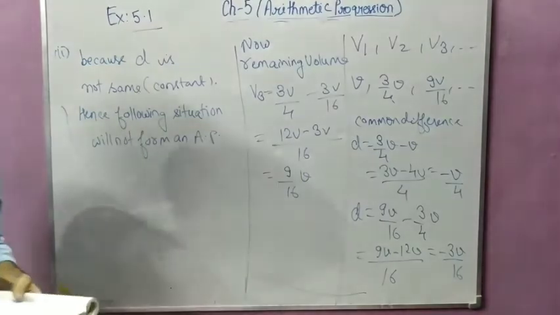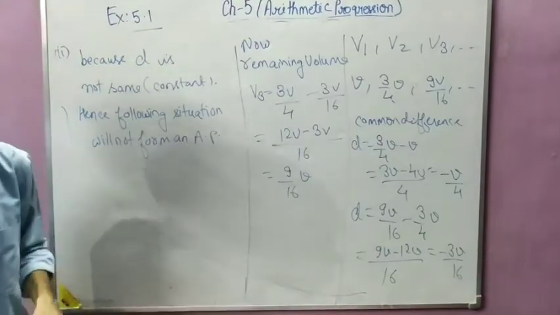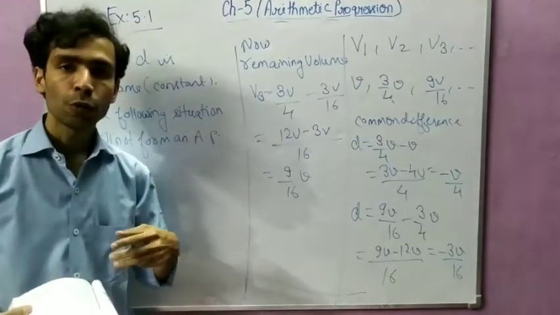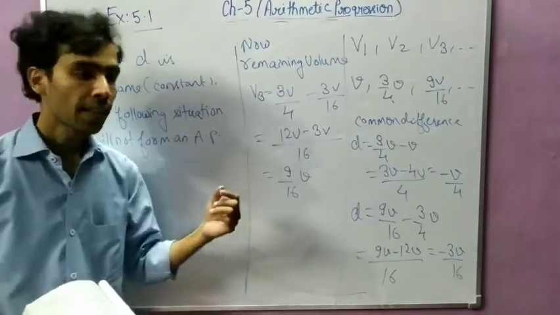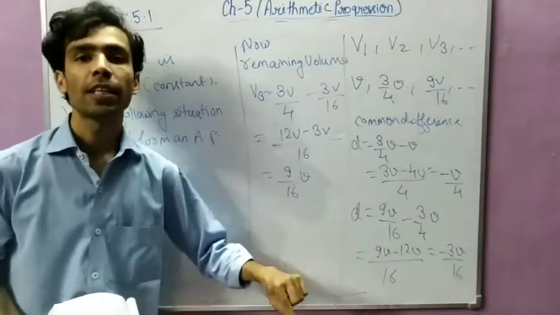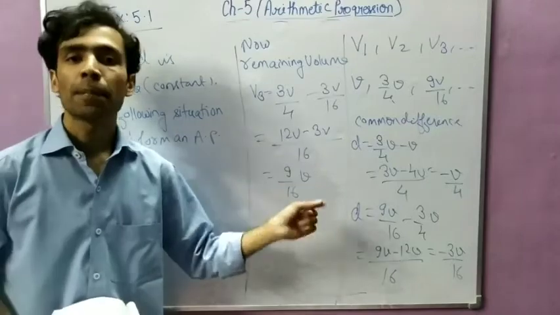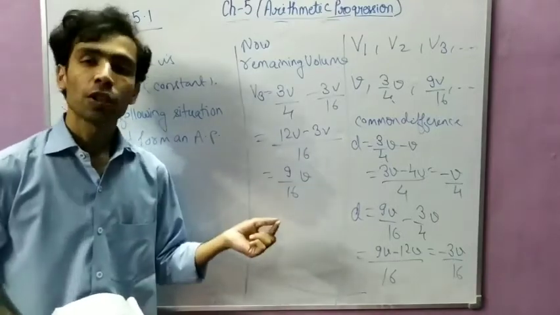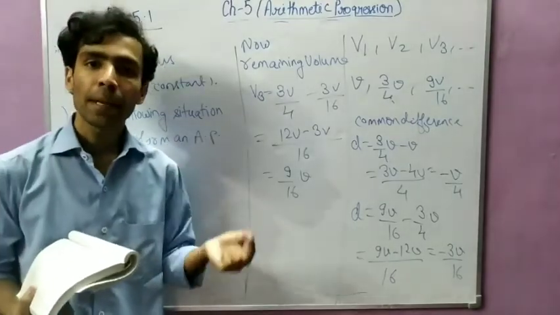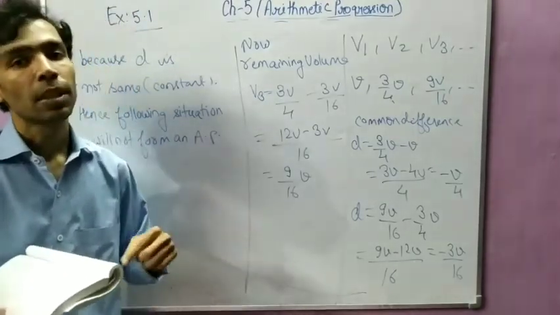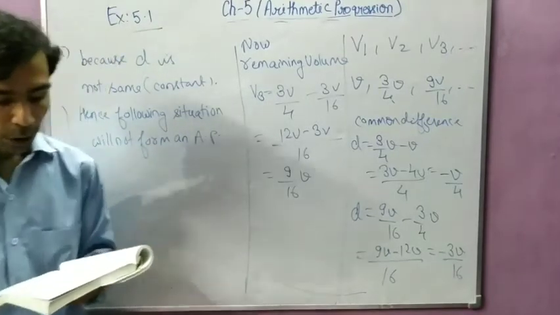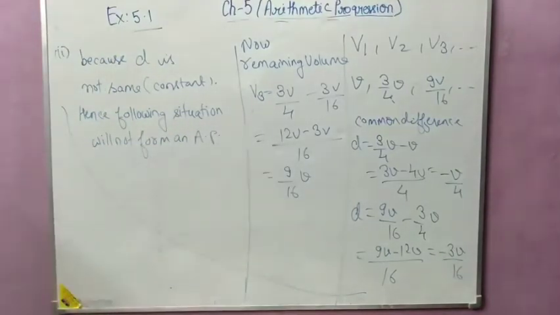So by this we have solved question number 1, part 1 and part 2. Part 3 and part 4 you can do by yourself, and in each case you have to follow this method only. First you have to form the condition, and after that you have to check whether they are in AP or not by the calculation of the common difference. If the common differences are the same, then they will form an AP. If the common differences are not the same, then they will not form an AP. Okay. So I hope students you have understood this part.